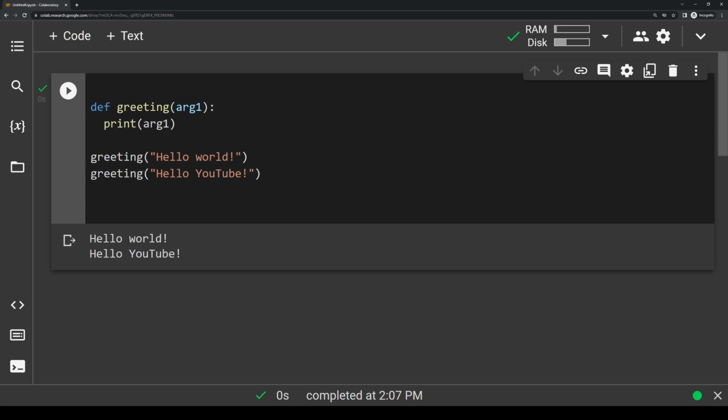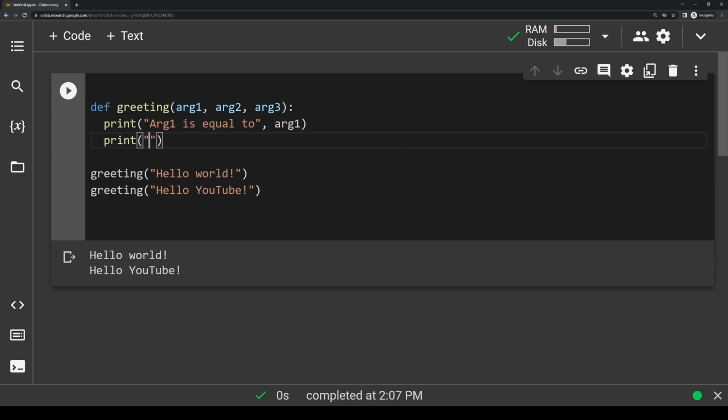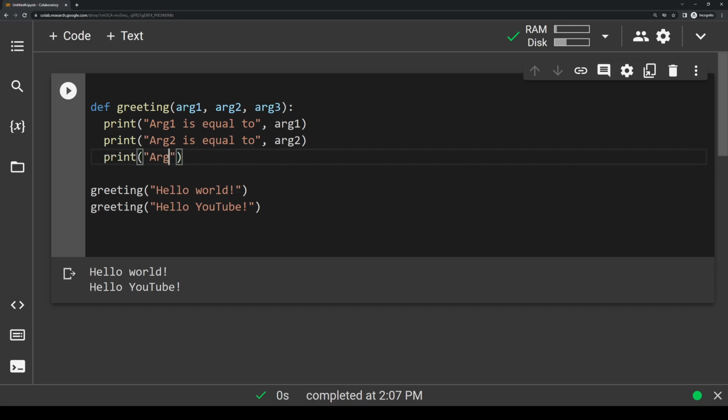If we have multiple arguments, the order of the arguments is extremely important. So let's say in our greeting function, we now have 3 arguments. Let's have arg1, arg2, and arg3. And inside of this print statement, I'm going to change it a little bit here. I'm going to write arg1 is equal to, and I'll tell you what this means in just a second, how I'm doing this little print statement here. I'll write arg2 is equal to arg2, and then we're going to print arg3 is equal to,